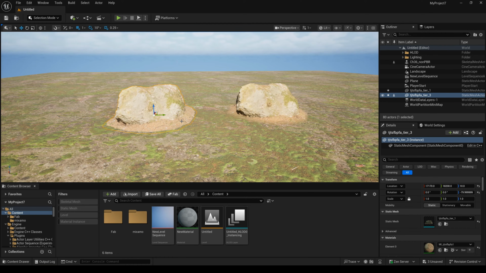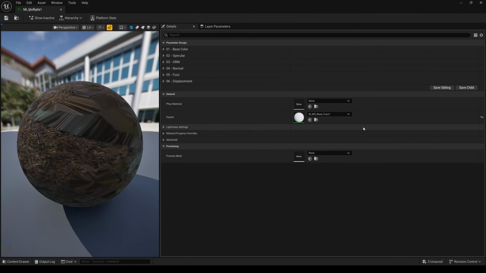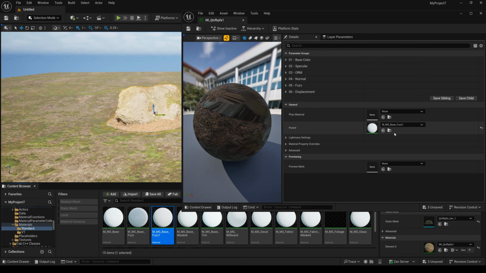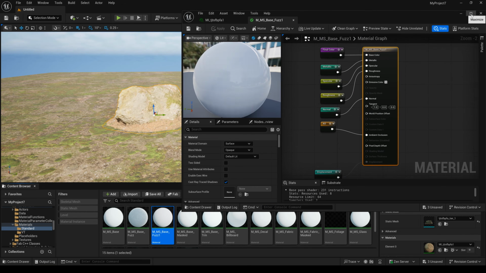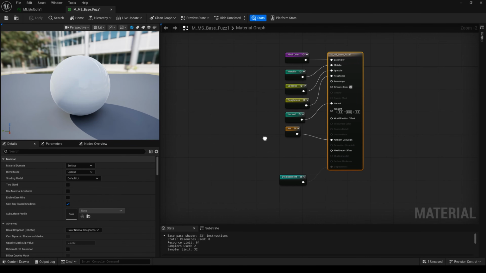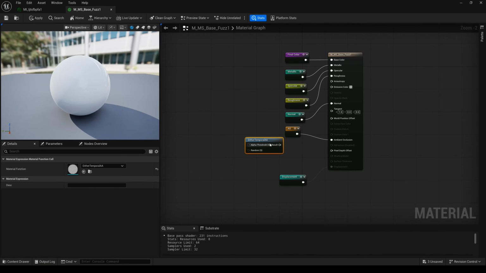So I select this object and open it. I find this material, and now I find this material and I open it again, and here I will type the data temporals. Select it,